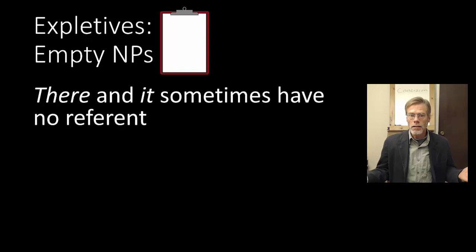In Hungarian, you don't. In Hungarian, you just need the verb. So you just say, havazik, which means snowing. And that's it. That's all you need to have a grammatical sentence in Hungarian because you don't have to have a subject. English, you do. So you throw in an it that means nothing at all.